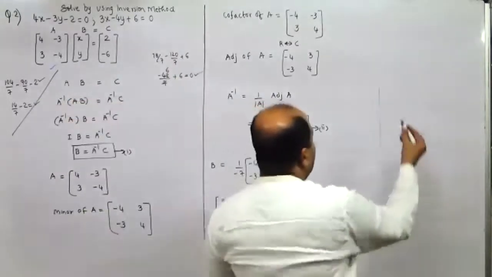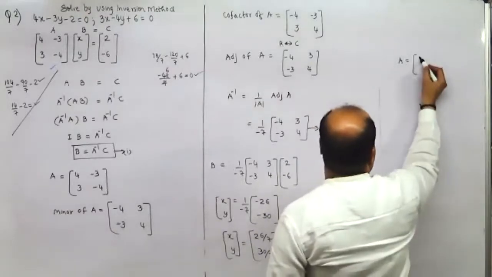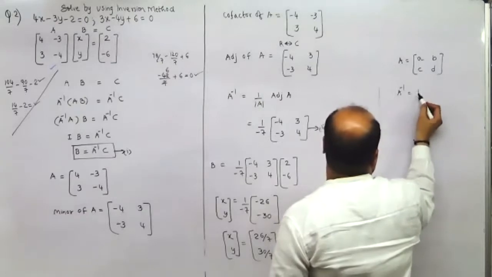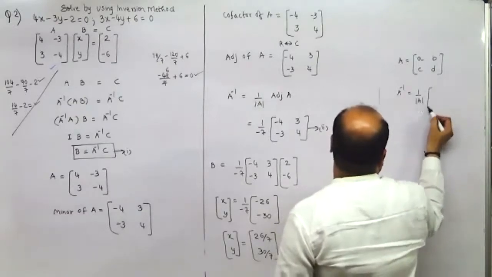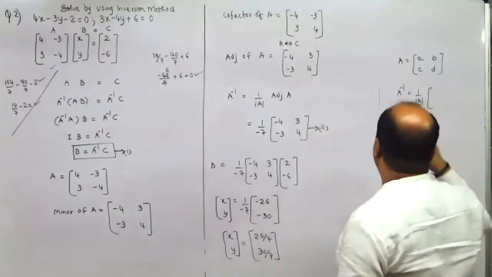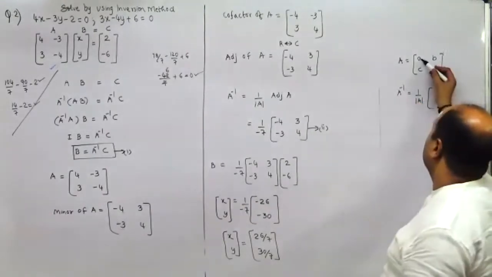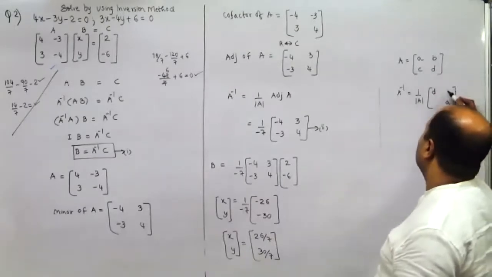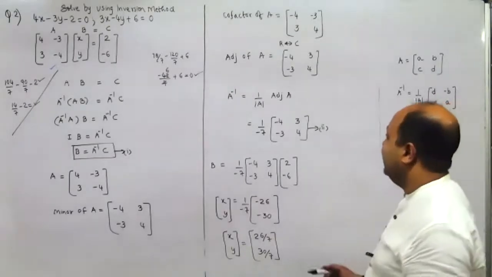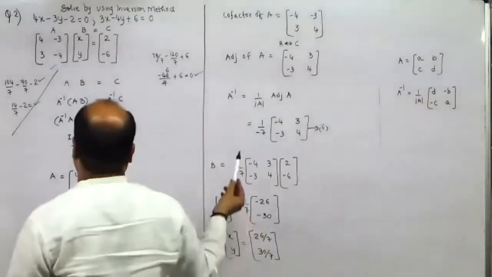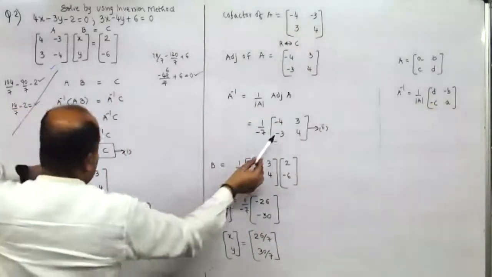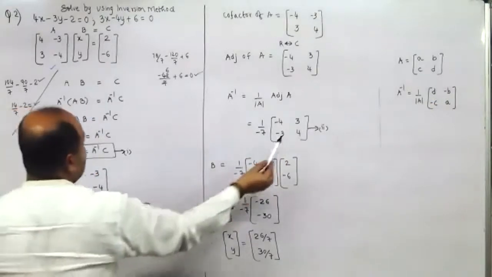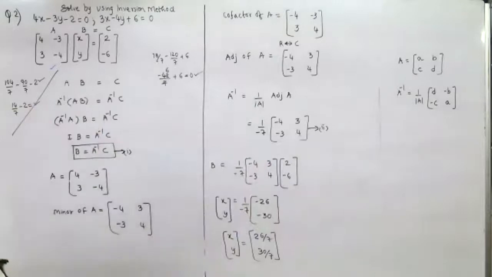Now the shortcut method, remember, for A inverse in case of 4 elements: A inverse equal to 1 upon determinant value of A into, these two would change the position. This would become D, this would become A, and these two would change the sign. So in this case, if you observe, I took 1 upon determinant value. These two would change position. 4 and minus 4 changed position, and these two signs would change. That is how you get the A inverse value directly.